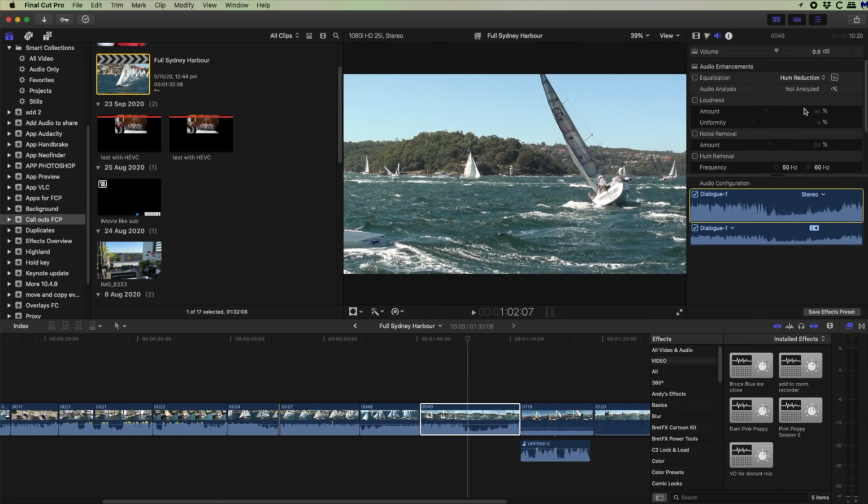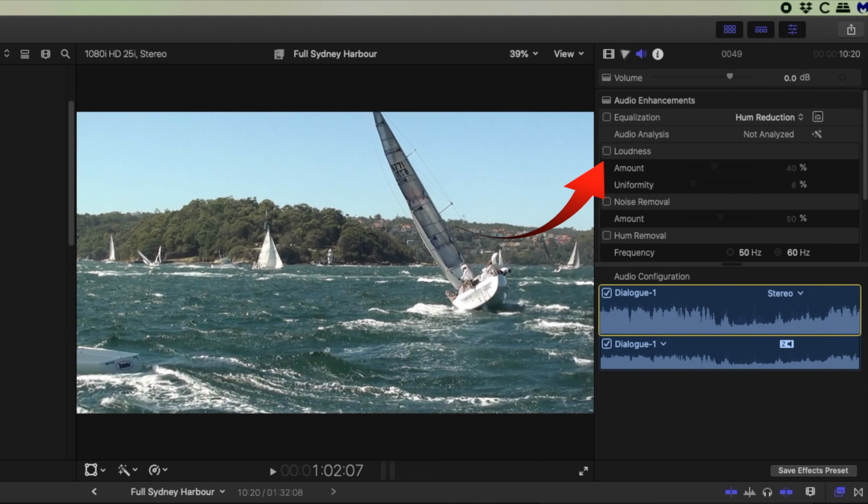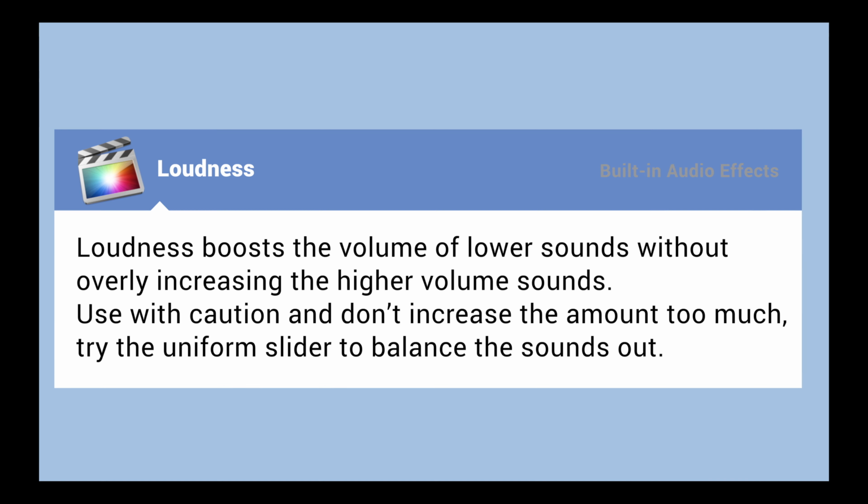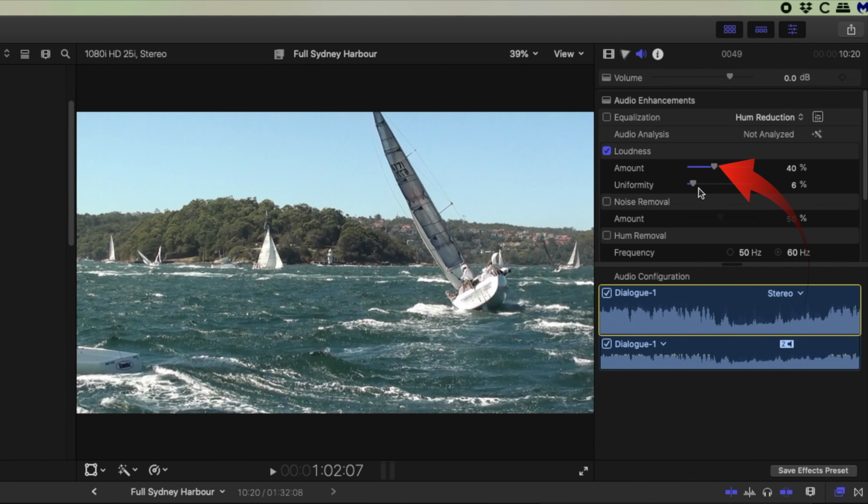If we look at a clip that's not been analysed, let's go through the other options like loudness. What loudness does is boost the volume of the lower sounds without overly increasing the higher volume sounds. But use it with caution, don't increase the amount too much, and use the uniformity slider to try and balance things out.